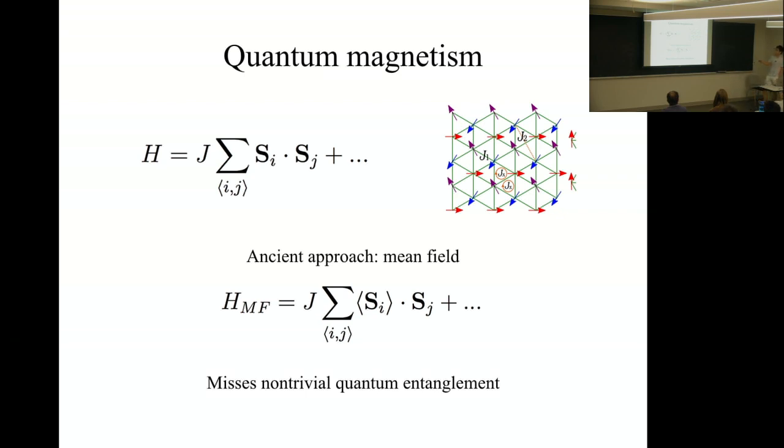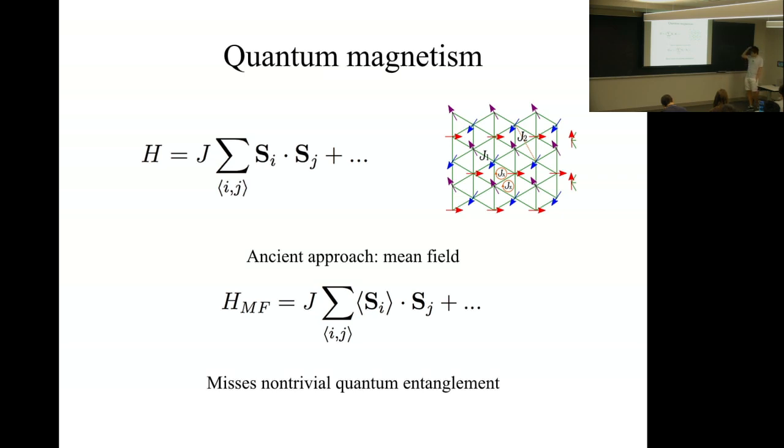By the way, in this talk I'll be focusing on two-dimensional quantum magnetism. So it's a lattice system where we have some spin-half moments sitting on each site. And the Hamiltonian typically looks like Heisenberg plus dot dot dot. Usually the dot dot dot may be more interesting than Heisenberg, but it's not obvious how you solve it.